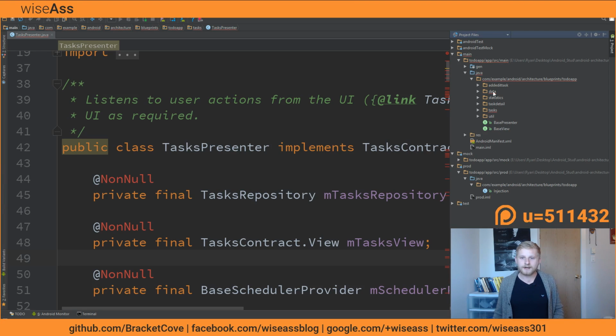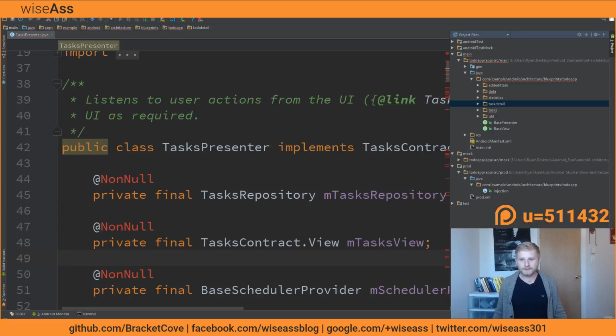Anyways, when we look at this project, I know you can't see that super well, but we have add or edit task. We've got tasks, which just displays a list of tasks, and then we've got task detail, which shows a detailed view of a task. So it's basically a task app or a note-taking app that they're building here. And this is how Model View Presenter works: for each feature of your application, you're going to build a view for that feature, a presenter for that feature, and your model might actually be shared across multiple features.